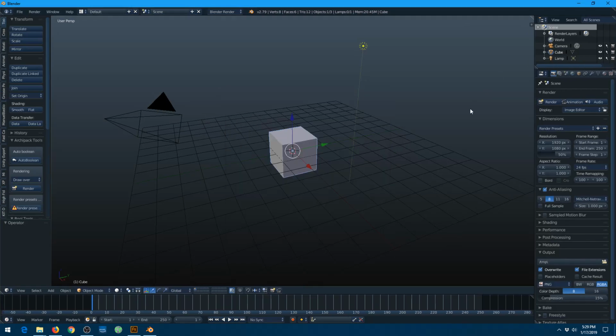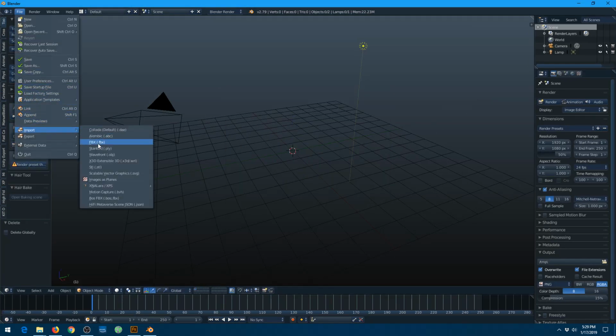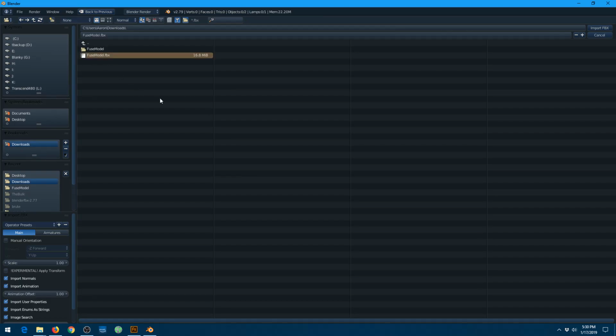And just real quick to show you the deformation I'm talking about. So file, import FBX. If you don't have that, you might have to go to user preferences and do the FBX import, or I think I had to do that. Then we're going to import that,